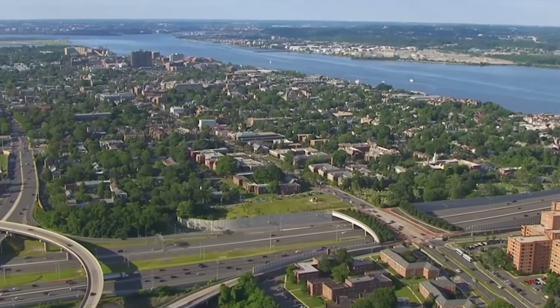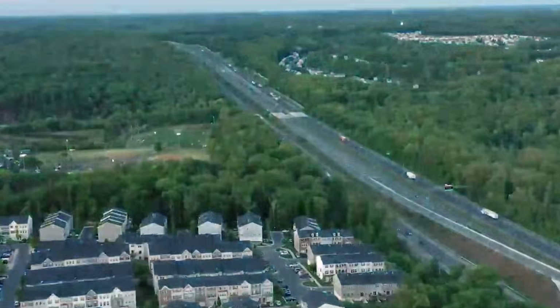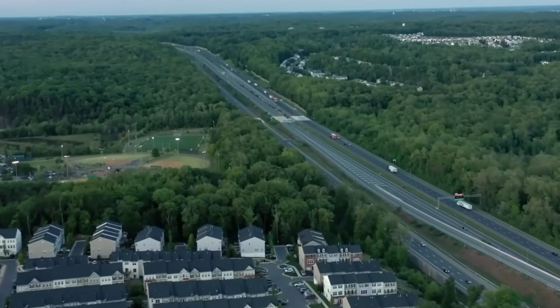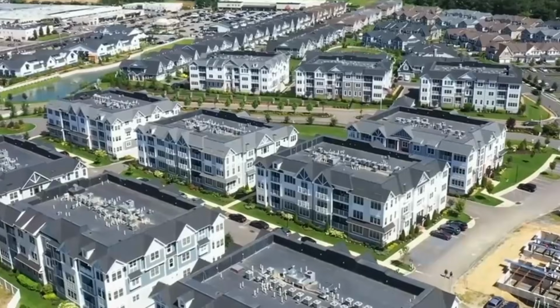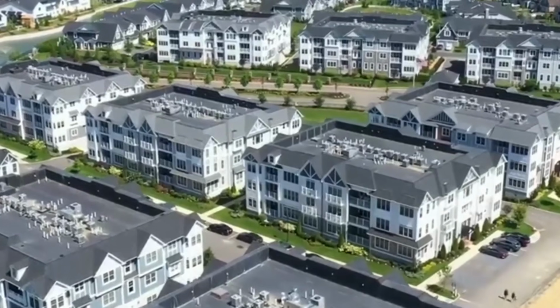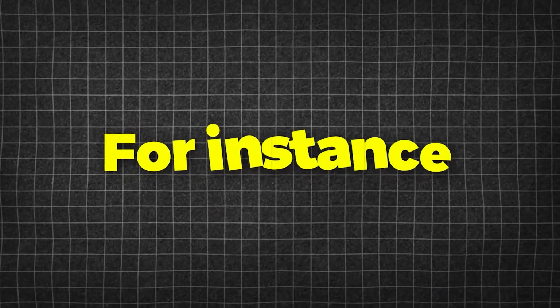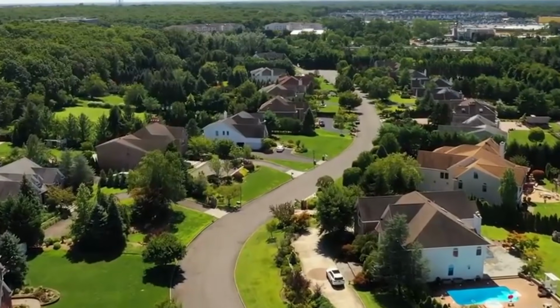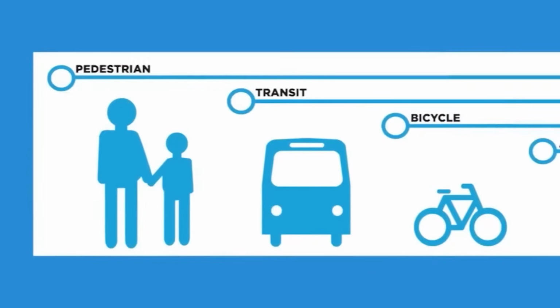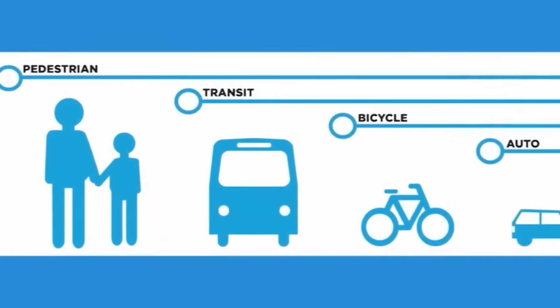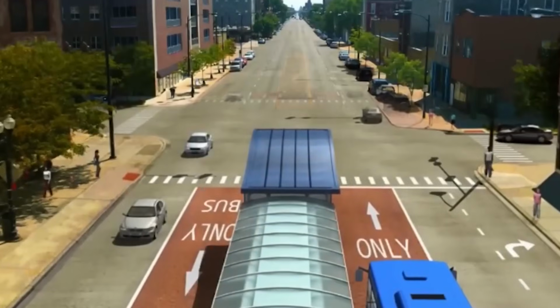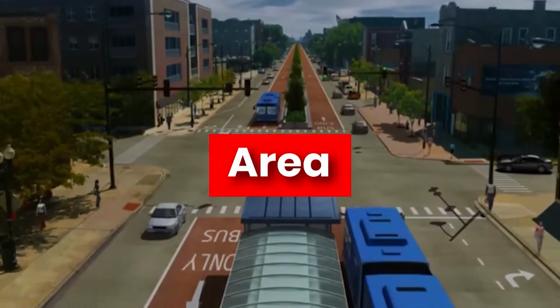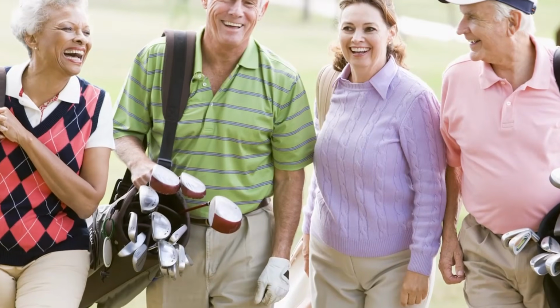Despite these challenges, many suburban areas have successfully implemented comprehensive infrastructure upgrades, resulting in improved livability and environmental sustainability. For instance, some communities have transformed previously congested suburban roads into thriving community spaces by adding bike lanes and pedestrian-friendly pathways. These changes not only enhance the aesthetic appeal of the area, but also encourage healthier lifestyles and reduce reliance